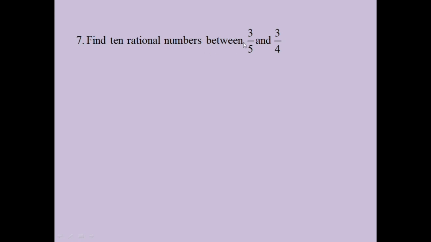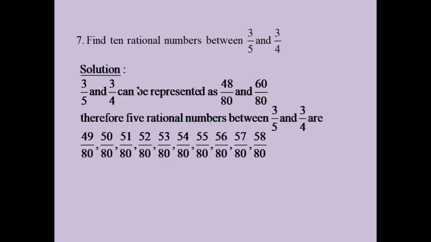Find 10 rational numbers between 3 by 5 and 3 by 4. 3 by 5 and 3 by 4 can be represented as 48 by 80 and 60 by 80. Therefore, 10 rational numbers between 3 by 5 and 3 by 4 are 49 by 80, 50 by 80, 51 by 80, 52 by 80, 53 by 80, 54 by 80, 55 by 80, 56 by 80, 57 by 80